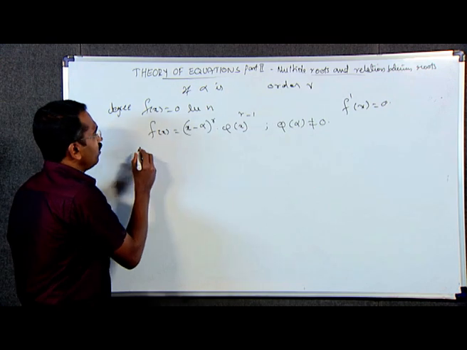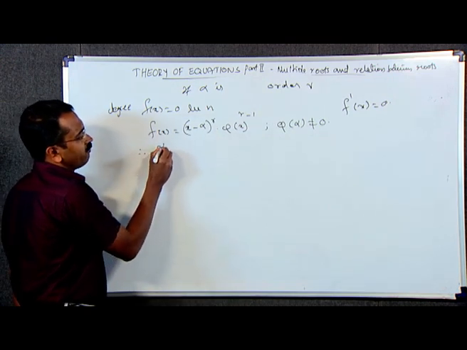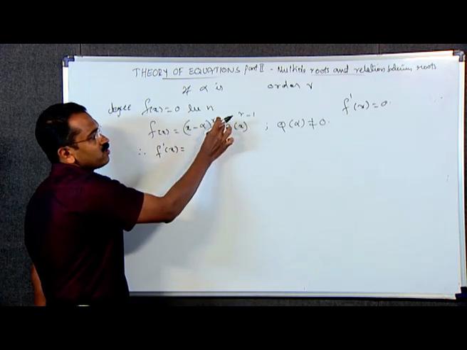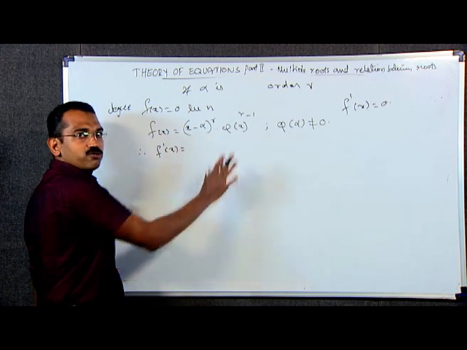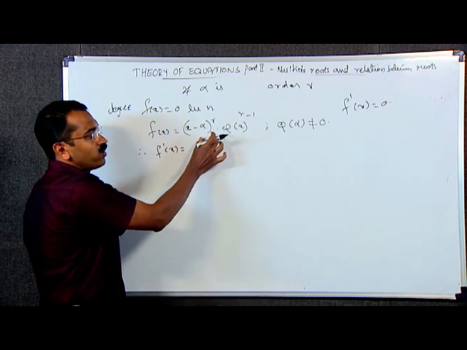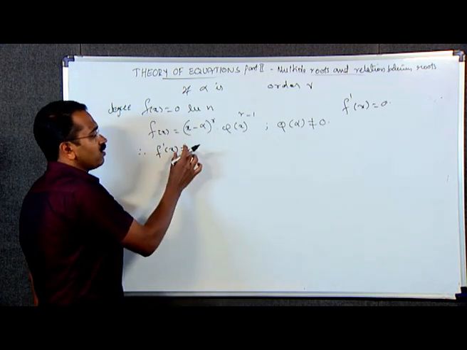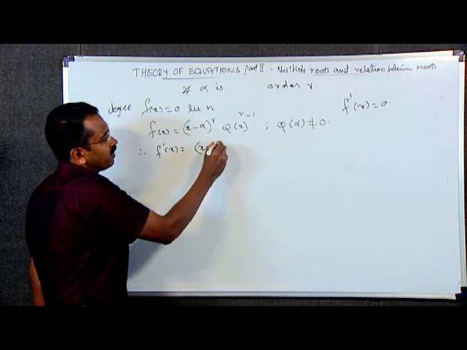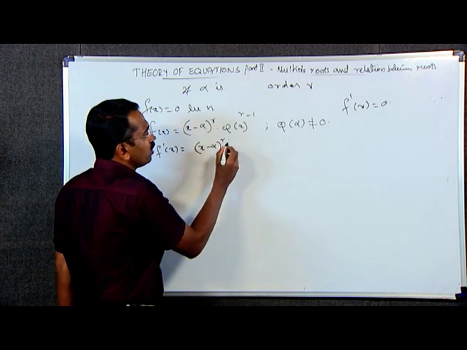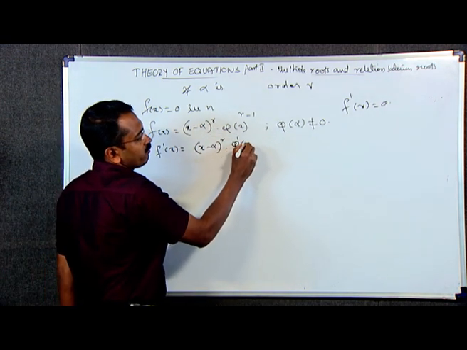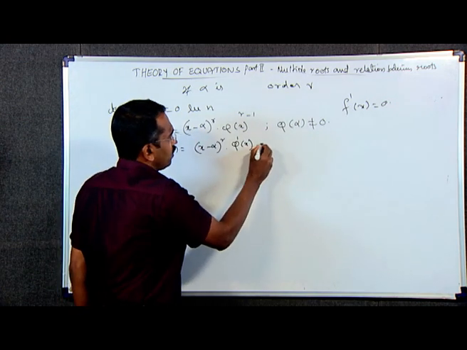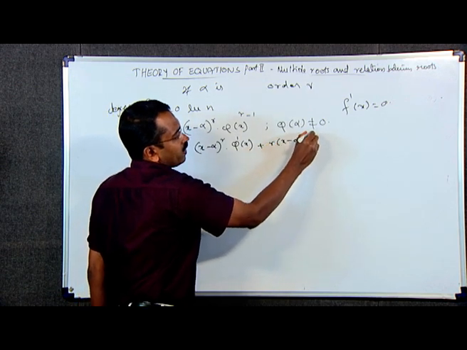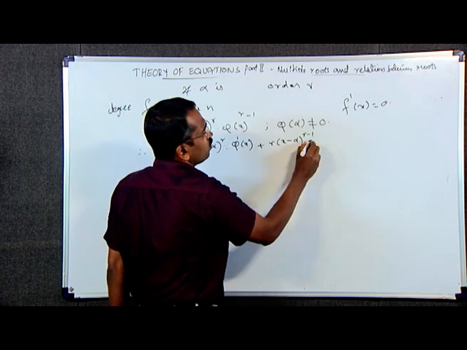Therefore, on differentiation we can write f dash of x is equal to, here x minus alpha raised to r into phi of x, this is a product of two functions. We can apply the product rule for differentiation. The derivative is f dash of x is equal to x minus alpha raised to r into derivative of phi of x is phi dash of x plus derivative of x minus alpha raised to r is r into x minus alpha raised to r minus 1 into phi of x,